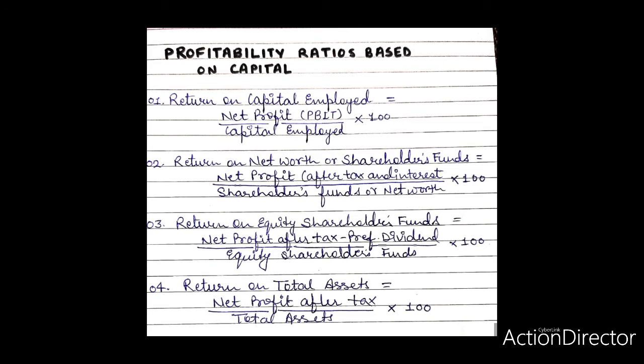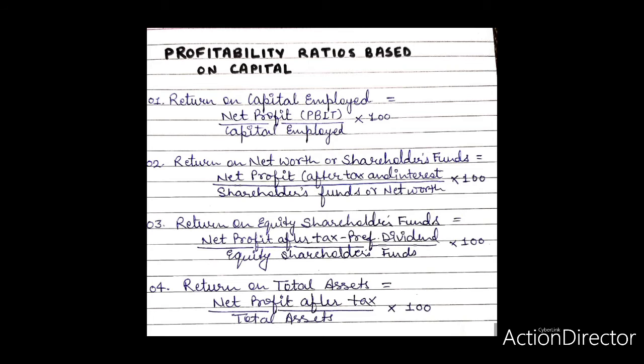Significance: this ratio measures the amount of earnings for each rupee that the shareholders have invested in the company. The higher the ratio, the more favorable is the interpretation of the company's use of the resources contributed by the shareholders. This ratio can be compared with that of other units engaged in similar activities, as also with the industry average.